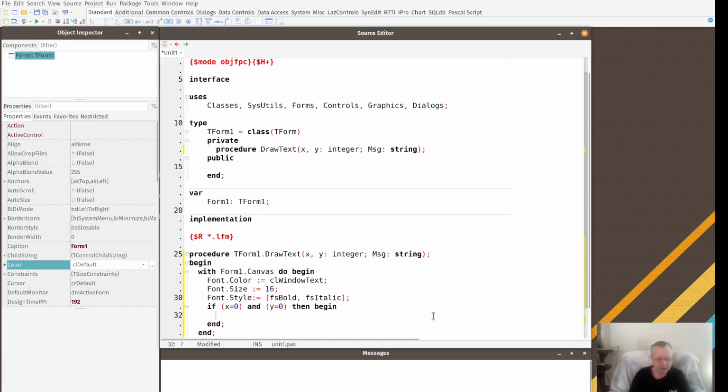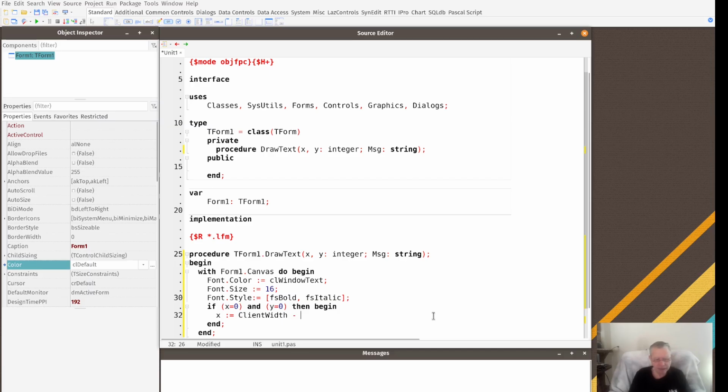We're going to actually compute an x in that case. So if they were both 0, then we're going to set x equal to the client width. Now client width, I think, is the full width of the screen. We used a different width, canvas width, the last time, and for some reason it didn't quite seem centered. So